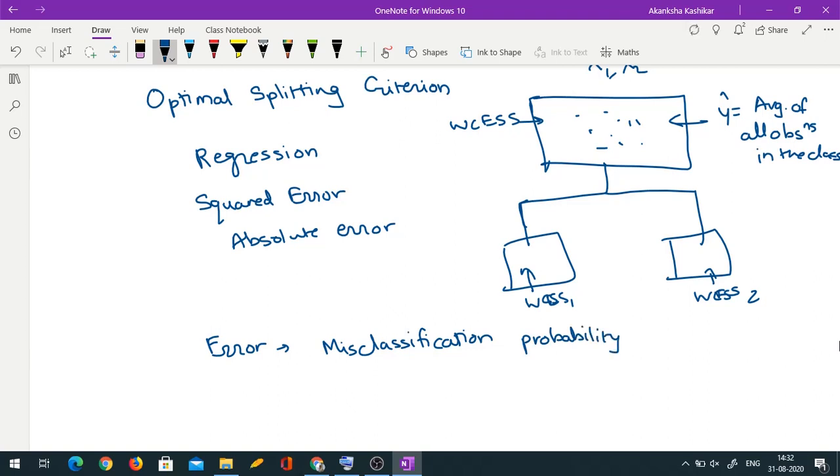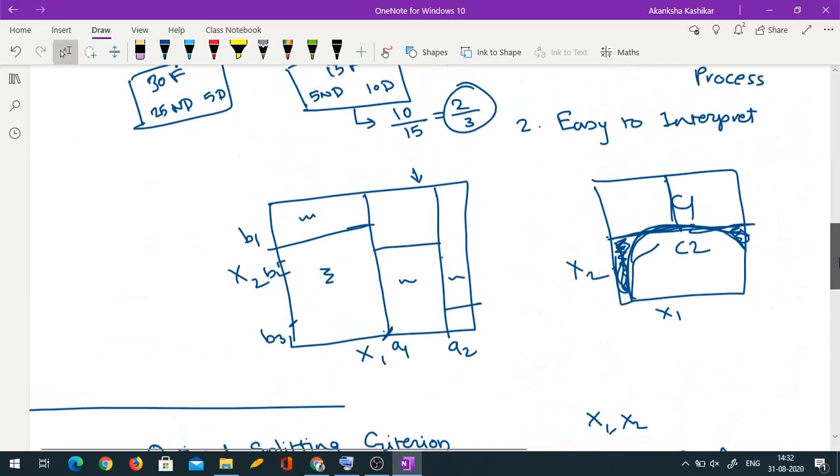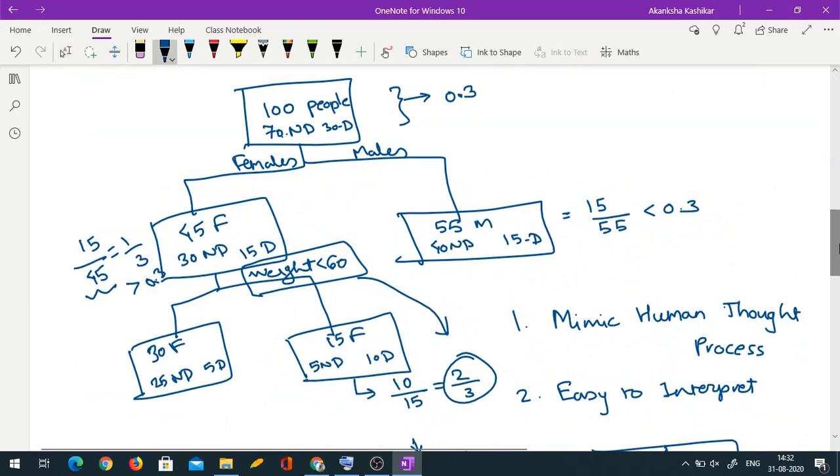So you would choose that split which minimizes misclassification probability. Of course, this is not the only criterion. There are some other criteria as well. We would study them one by one, in detail. But is the basics, like how does a decision tree work, clear to you? How the algorithm behind it works, means how these optimal splitting criteria are chosen, might be slightly hazy. We will repeat it, of course. But in general, given a tree, how to interpret it, is it clear to you?